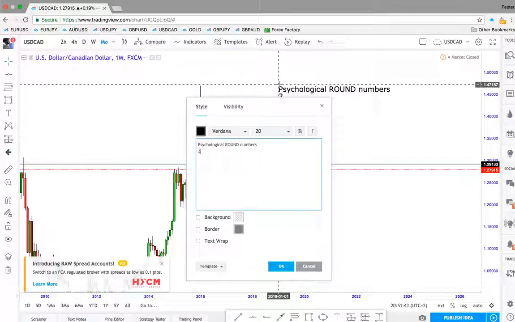So you'll first have 000, then you'll have 250, then you'll have 500, then you will have 750, and then you'll basically have your nearest 1000. Okay, so if I leave it like that,